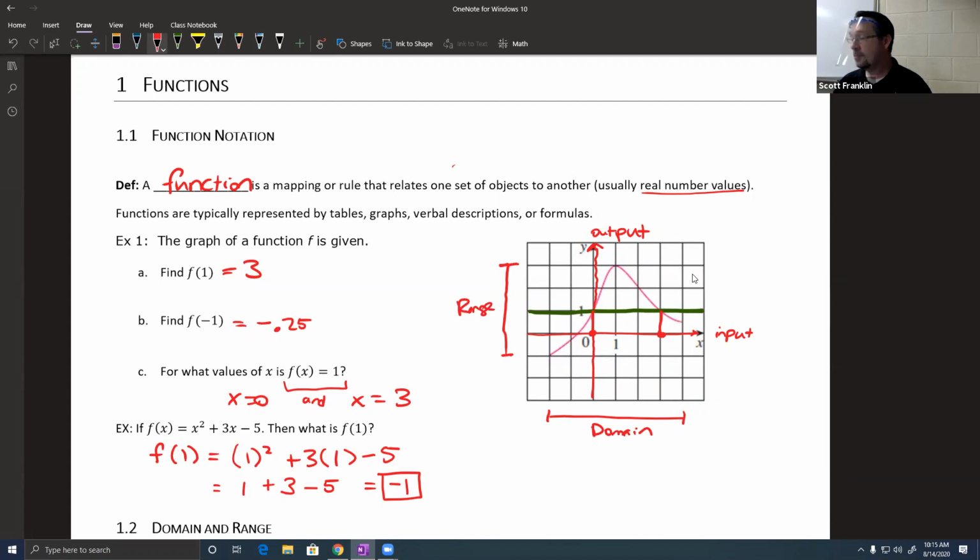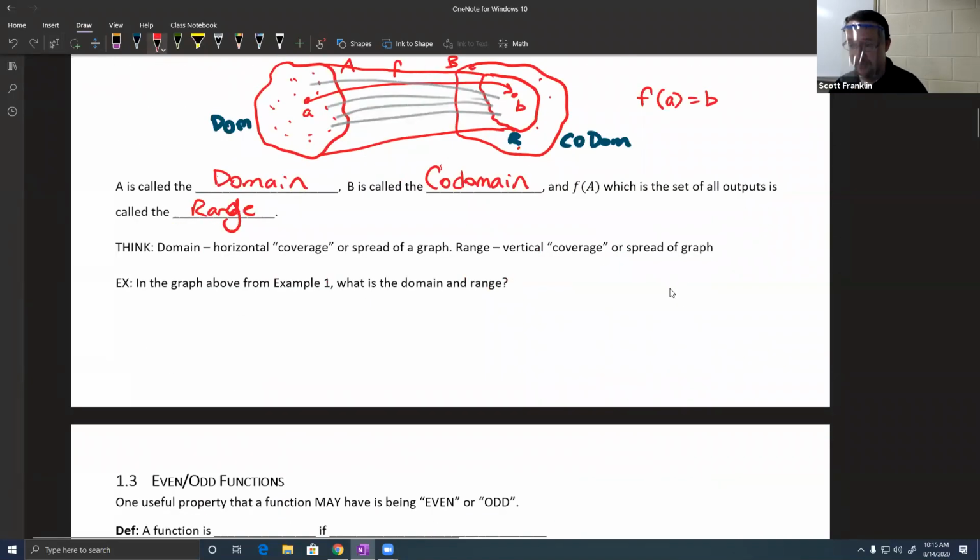Okay? Now, in terms of numbers, notice the domain goes from a value of x is -2 all the way up to a value of x is, what is that, 4? Right? And it's everything in between. Like every value between -2 and 4 on the x-axis has a curve above it or below it, right? Corresponding to it as a height. Okay, so what I would say, if I wanted to write the domain down as an answer, what is the domain of that function? It starts at -2 inclusive and goes all the way to 4 inclusive. And the brackets mean include those numbers,